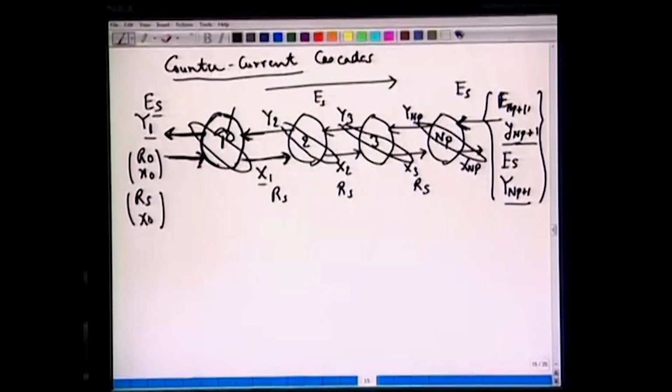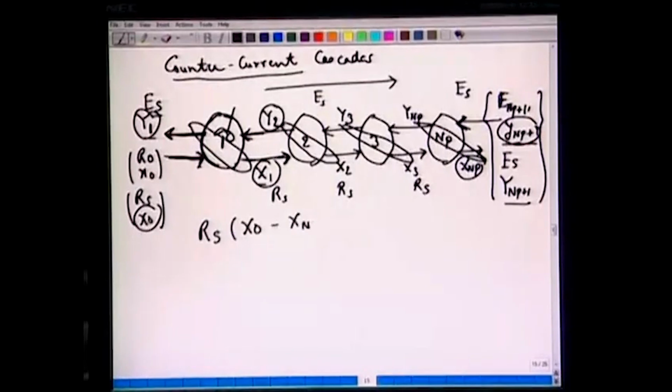So, we can mark these points on the equilibrium curve, and if you make a material balance, it will give us, given x1 what is y2, given x0 what is y1, or given x NP what is y NP plus 1. So, let us make a species balance for the phase A. We can write Rs, solid free basis, x0 minus x NP. So, we have brought down the concentration mole fractions from x0 to xNP,